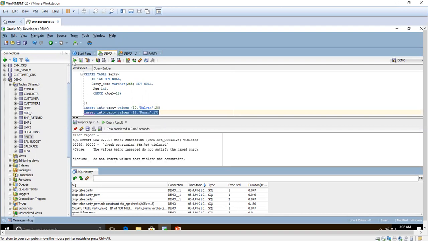See, it says check constraint violated. The value being inserted does not satisfy the named check. That means the check constraint violation arose. So we cannot insert the value if the age is 17. It should be 18 and above.